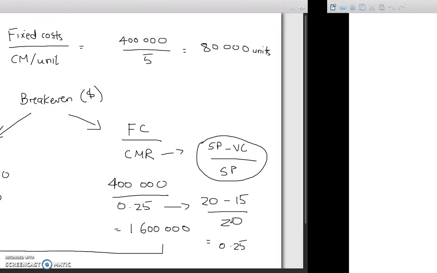Now we're going to move on to a formula that I want you guys to remember. So in the textbook, there are two formulas that are going to ask you for a certain level of sales. It's fixed cost plus target net profit divided by something. I don't even remember it anymore because I never used it. I didn't see the logic behind it, and I'd advise you guys to remember the following formula, which is much more logical. All right, so sales minus variable cost minus fixed cost equals profit